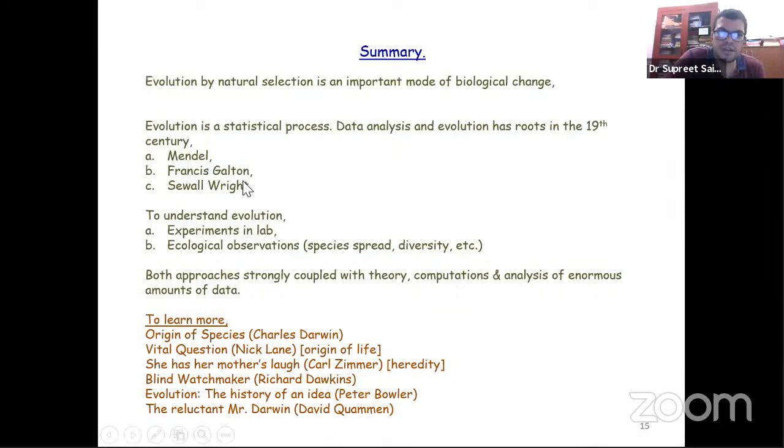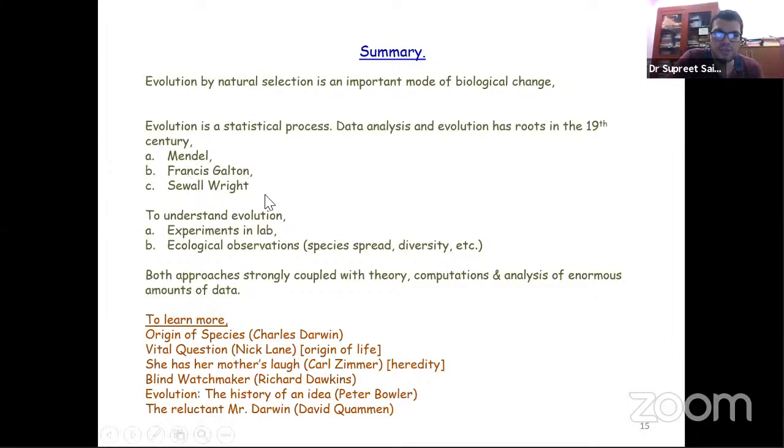Francis Galton was a cousin of Darwin, and he was obsessed with making measurements and collecting data and trying to explain evolutionary phenomena. In the 1870s and 1880s, because of his obsession with data, measurements and coming up with ideas regarding how evolution proceeds, it led to a large number of very interesting debates in the second half of the 19th century, post publication of Origin of Species.